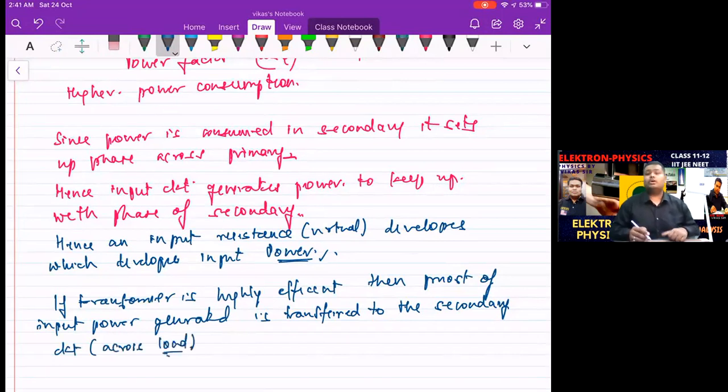Now the efficiency is going to come in when we are delivering the power from the input to the primary. But the secondary is asking that this much load is connected, so this much resistance is here, so this much power is required. Now you transfer the power. So coupling basically explains that there is a channel between the supplier and the consumer. So the secondary circuit, which is the consumer, basically tells that this is my demand, and the primary delivers it,